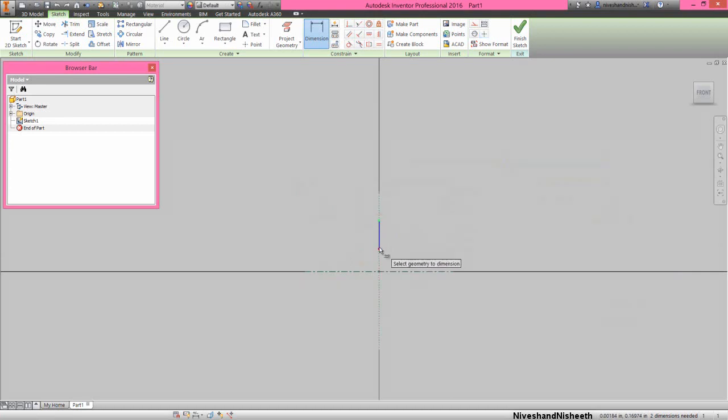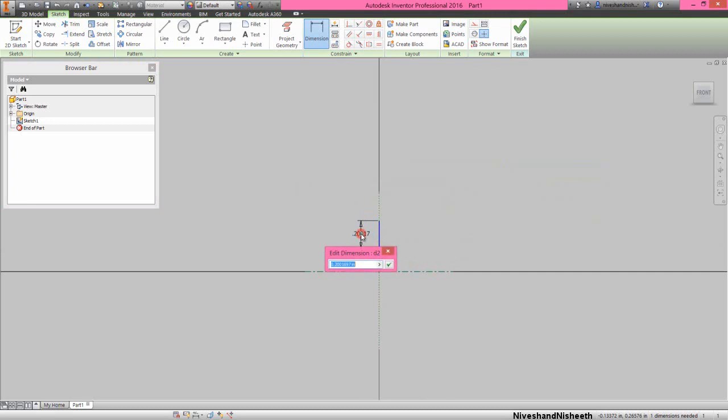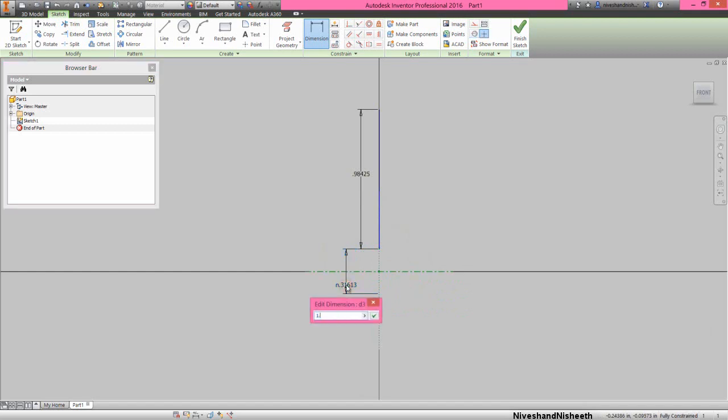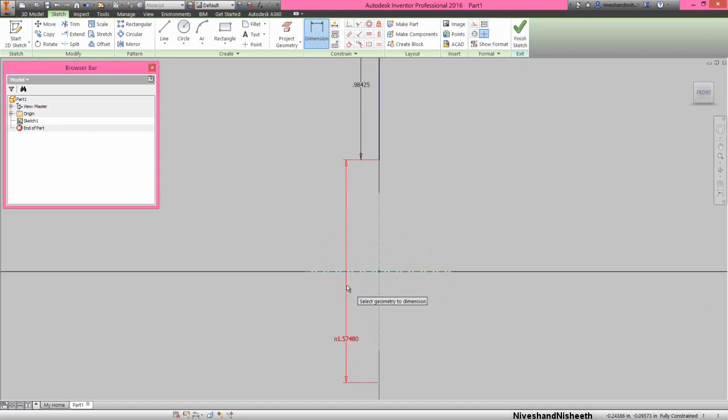Now we will add the dimension over this line. It will keep 0.984 inches. Create another dimension between this endpoint and this line. Set the value of the dimension 1.574 inches.